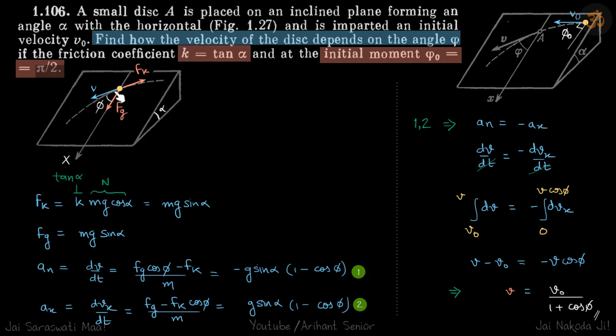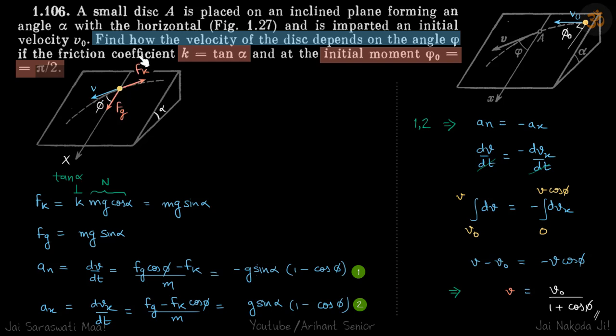So at some instant its velocity is v and it's given that this angle is phi. So that's what we need to find. So let's write the forces on it in the plane itself. So not perpendicular to the plane, but in the plane. So in the plane it will have two forces. One is the frictional force that is opposite to the velocity, and one is the gravitational force that will be towards the x direction. So the resultant of these two forces will eventually give the acceleration to this particle.